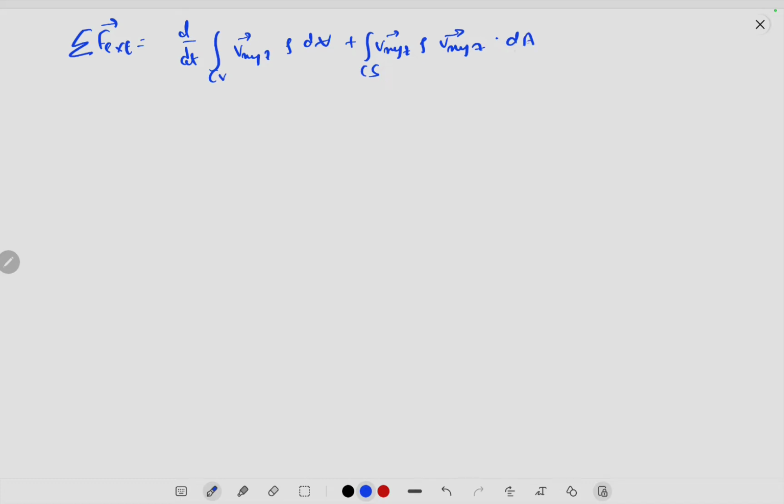In previous lecture, we derived momentum equation for control volume using Reynolds transport theorem. Okay, so we had this equation there, summation over all external forces is equal to d by dt of the integral over cv of vxyz rho dv plus integral over control surface vxyz rho vxyz dot dA. Okay,